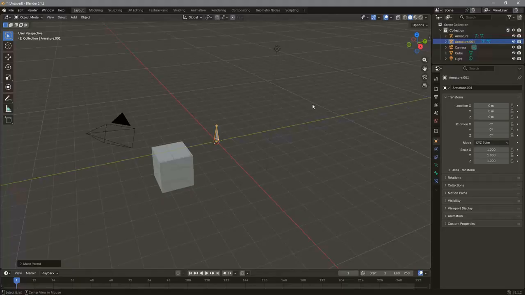Now, switch to Pose Mode with the armature selected, and you can test your rig by selecting individual bones, pressing R to rotate, and observing how the mesh deforms. If any parts of the mesh aren't moving correctly, you can go into Weight Paint mode to fine-tune the influence